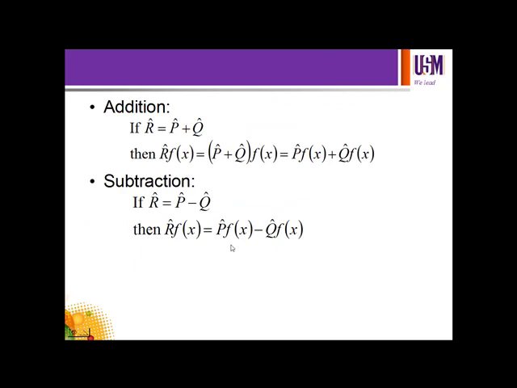Okay, if you have two operators P and Q, and you add them, represent the summation as R. If operator R equals operator P plus Q, then if you multiply the operator with a function f, Rf must be equal to, in the bracket, the summation of operator P plus Q multiplied by function f. Okay, this must be equal to separate